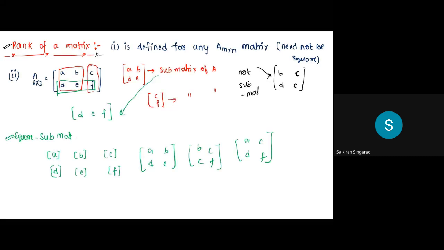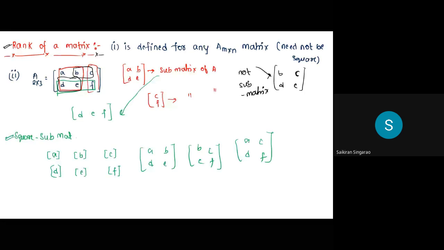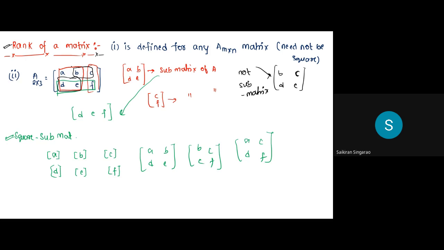Why is it not a submatrix, sir? Because you take any particular 2 rows or 2 columns. Don't just take half from here and half from there. That's not possible. You have to take either this full row or this full row or this full column, something like that, or make a square out of it. Like here I'm taking this column and this column. But this is not a submatrix.